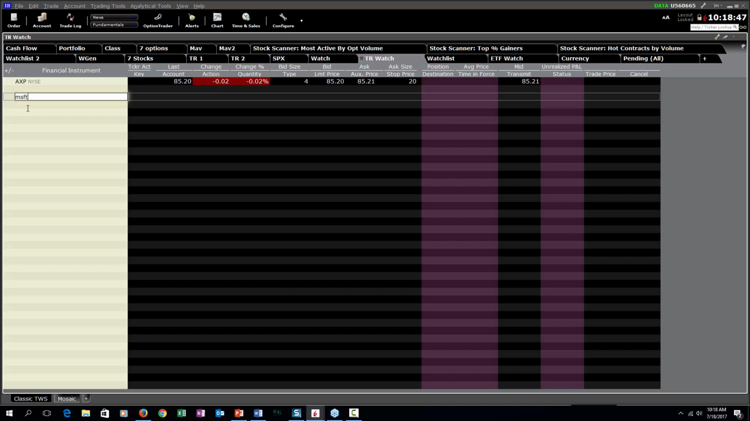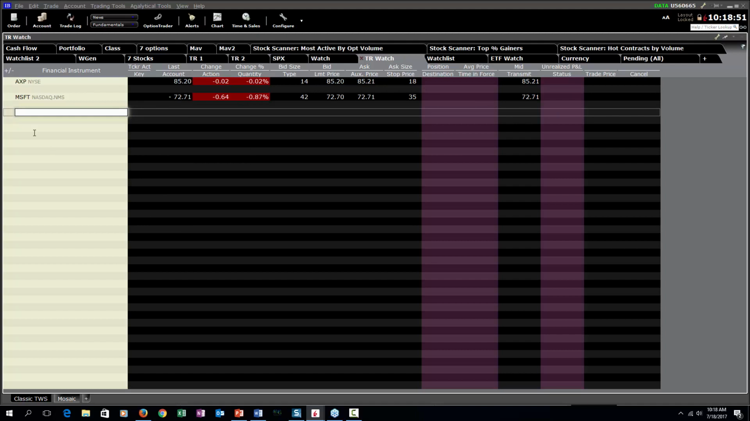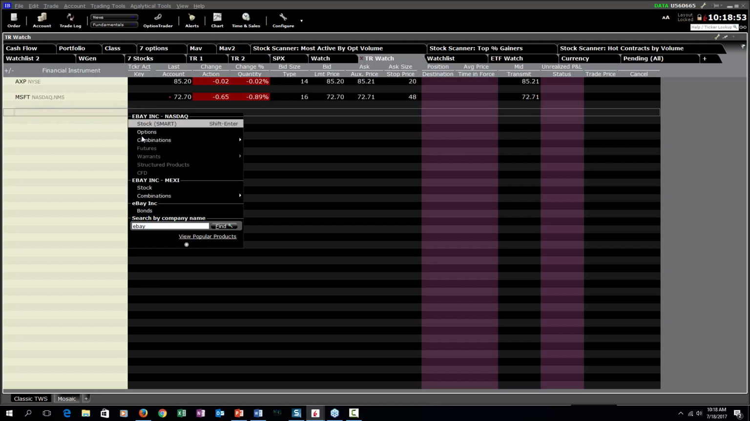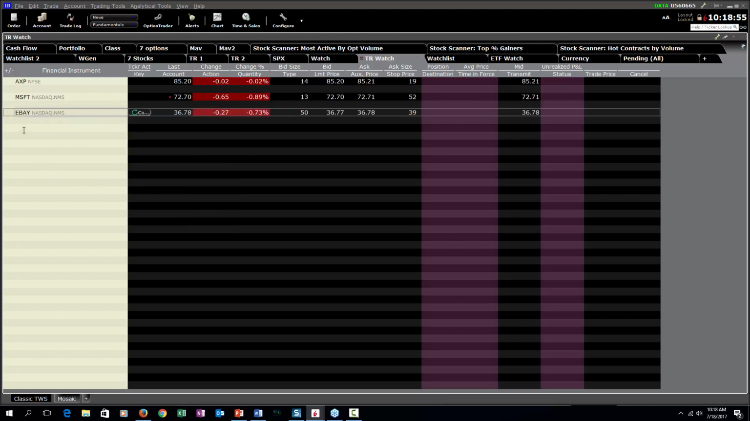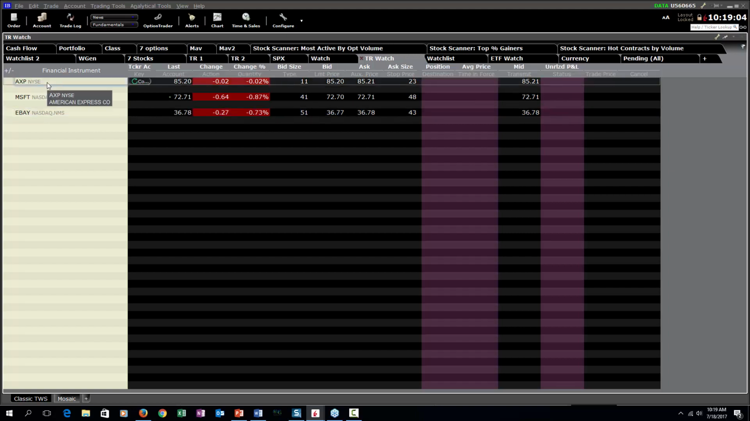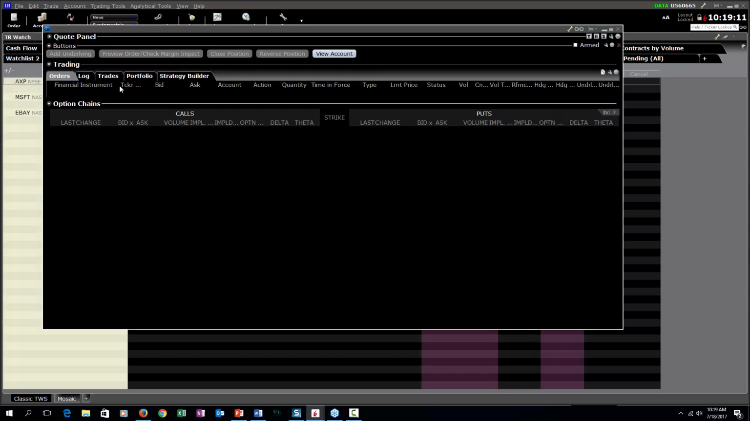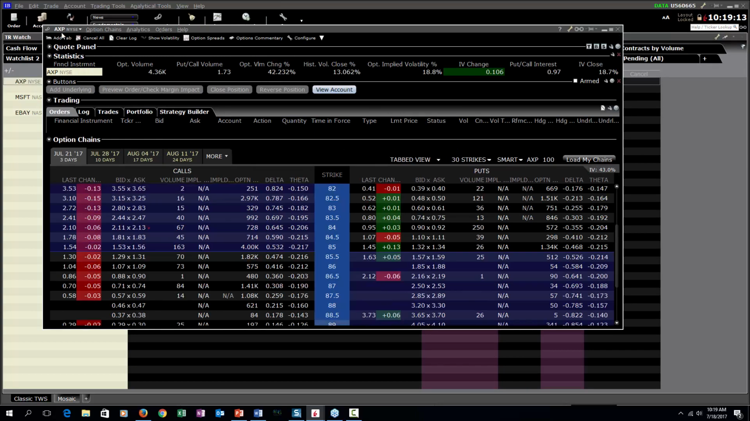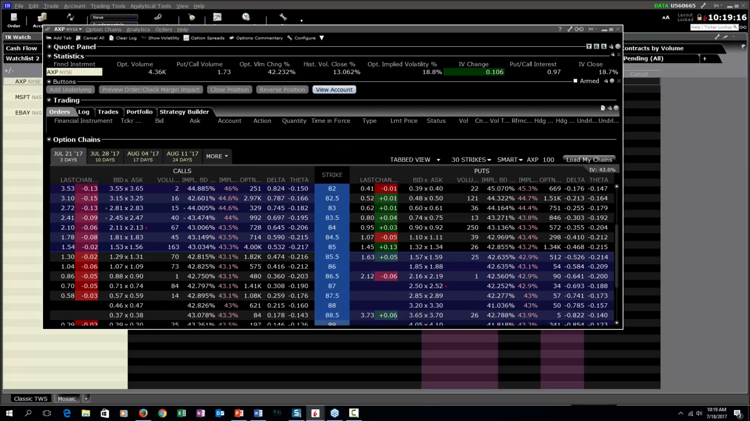Let's say we have American Express, Microsoft, and eBay. Now, these aren't way different companies, but they all have their own set amount of implied volatility, of implied risk. If I click on the option trader button, I can pull up the options, and in this case, it's for American Express. The implied volatility right now is at